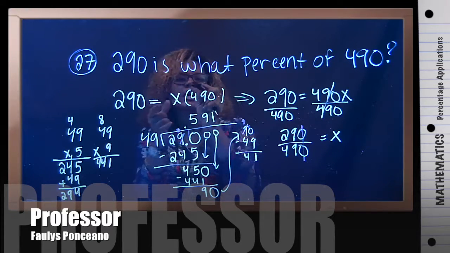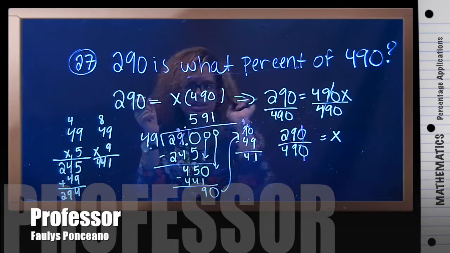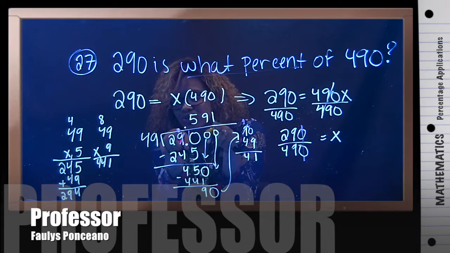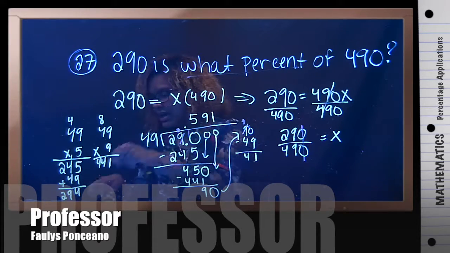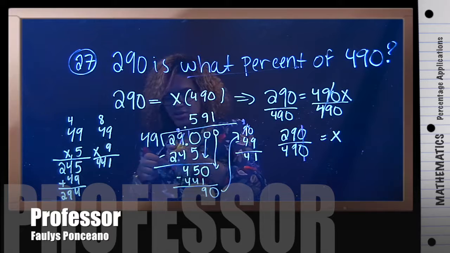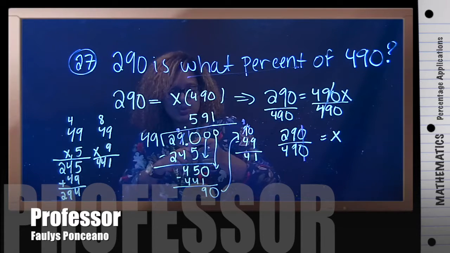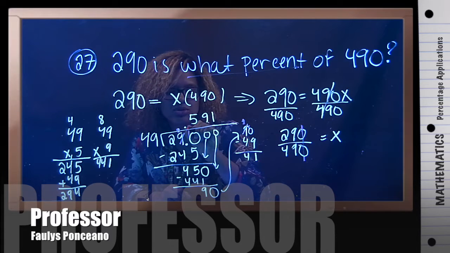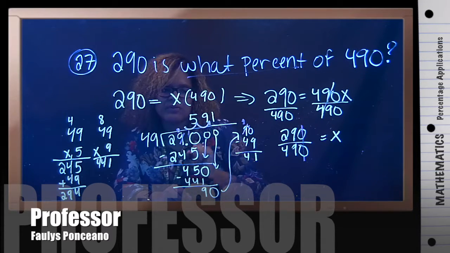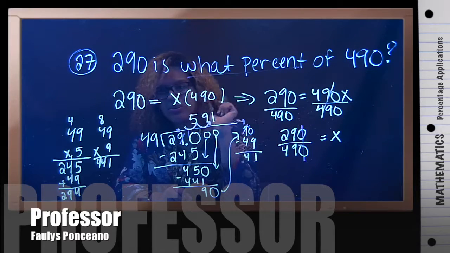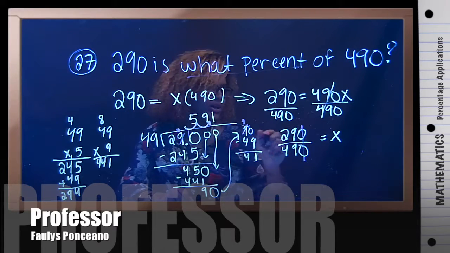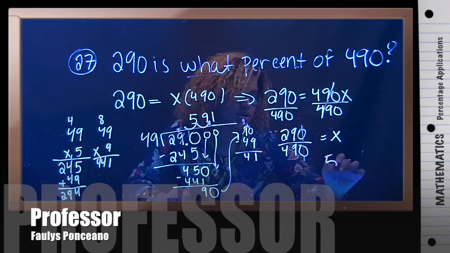But they want the answer as a percent, right? That is not a percent. So let's go ahead and change that to a percent. If you move your decimal point 2 times to the right, you can change that to a percent. And that becomes 59.1%. And we can write that somewhere over here